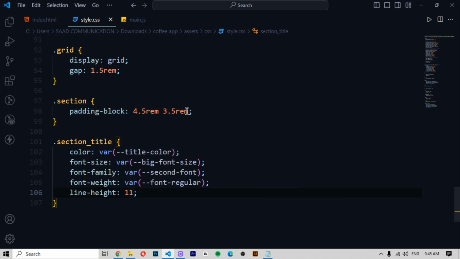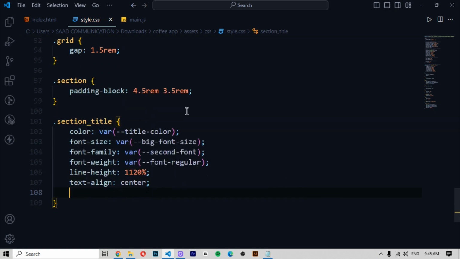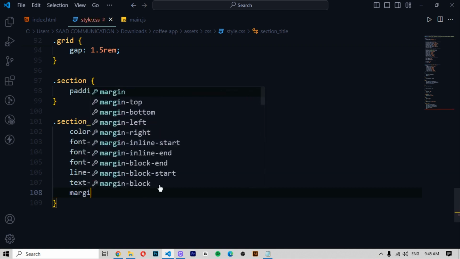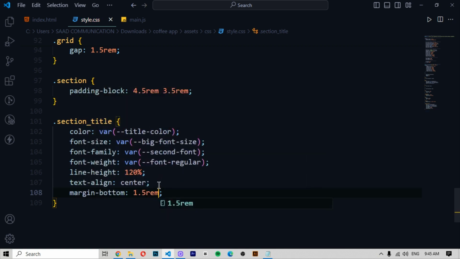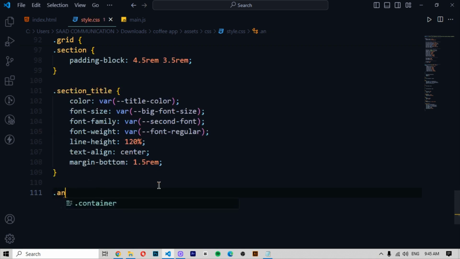Line height should be 120%, and text align should be center, and then enter. Then here we write margin bottom 1.5 rem. Dot main